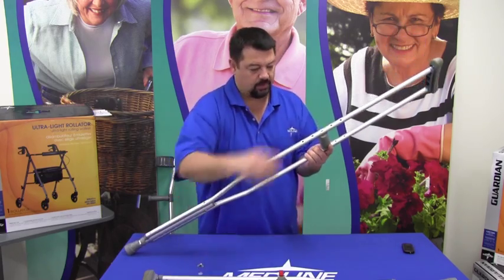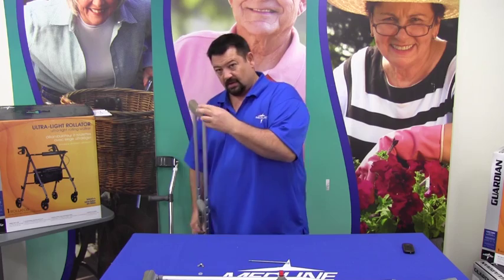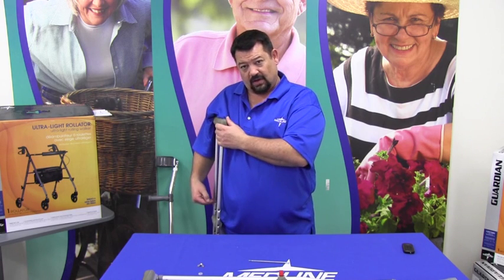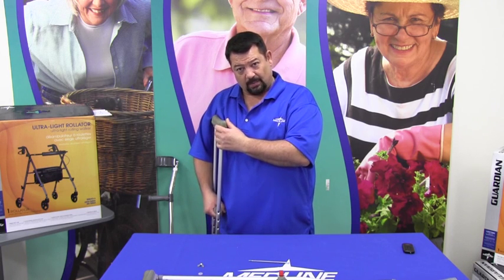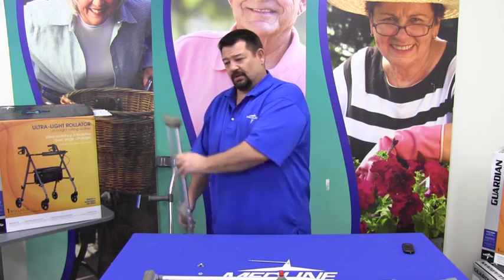There's a little washer. Slide the bolt out, but leave the post in the crutch. So that way, once you have the height of the shoulder or the arm pad sized, let them simply move that hand grip up and down until they find out where it's comfortable. Then once they do that, pull it out,